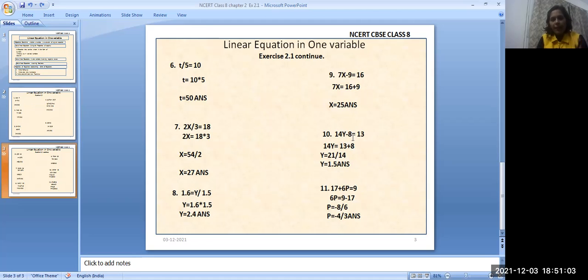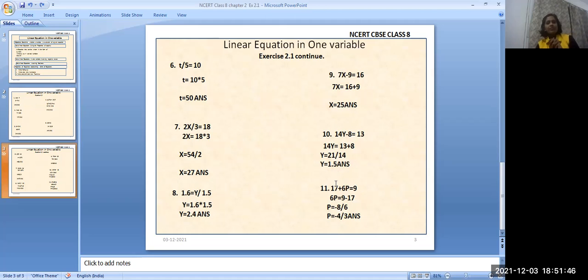Now 14y minus 8 is equals to 13. Again, what we can do, 14y will keep left hand side, minus 8 we will transpose to the right hand side. So 13 plus 8 will be equals to 21, and 14 is in multiplication with variables. So the multiple factor will come because this is in multiplication. So once it will come here, it will be in the division. So y is equals to 21 divided by 14, that is equals to 3 by 2. You can write in the form of 3 by 2, as well as you can divide further in the form of decimals, and you can get 1.5 also.